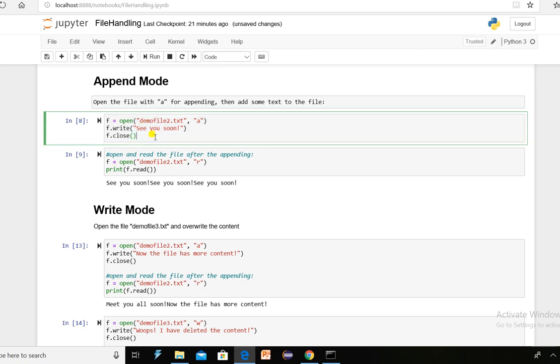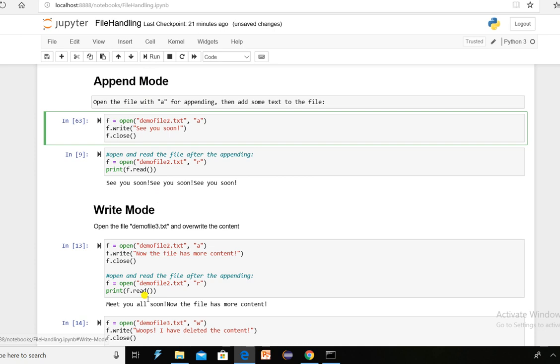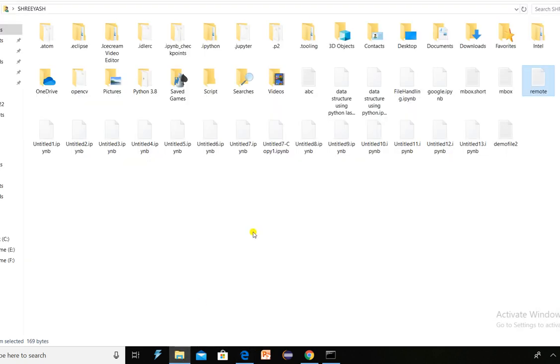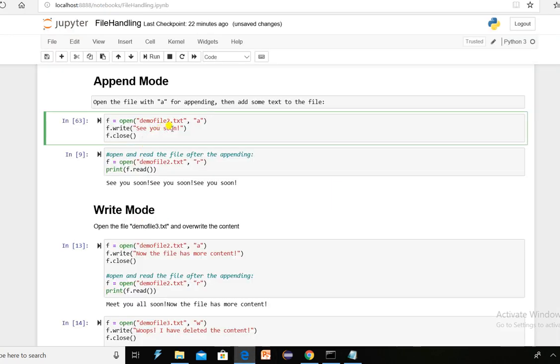Let me tell you, demofile2.txt is not there in your memory. So what happens if I run this code? demofile2.txt will get created. Here it is, demofile2. And what you have appended over here is "See you soon".